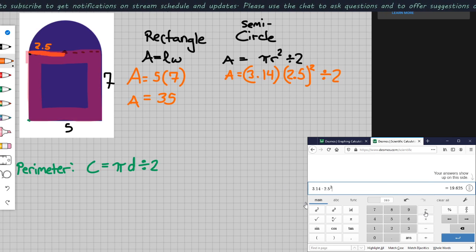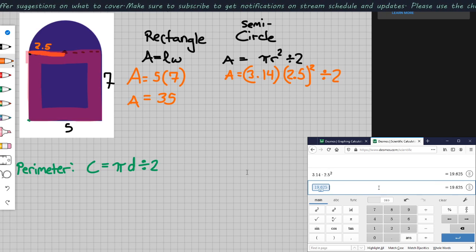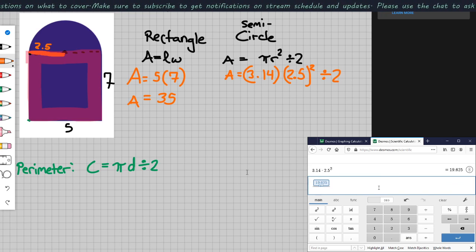19.625. And then we're going to divide the whole thing. Let's go ahead and put this in parentheses. I would strongly recommend putting the first bit in parentheses if you're going to use Desmos right off the bat. So you could do this portion first to find the area of the circle, then you can press enter. And at this point, there's a little answer button right here, ANS, that stands for answer. So it uses the last number you got, which was 19.625. I'll put it there for you, or you can type it in, and we're going to divide that by 2, and we get an answer of